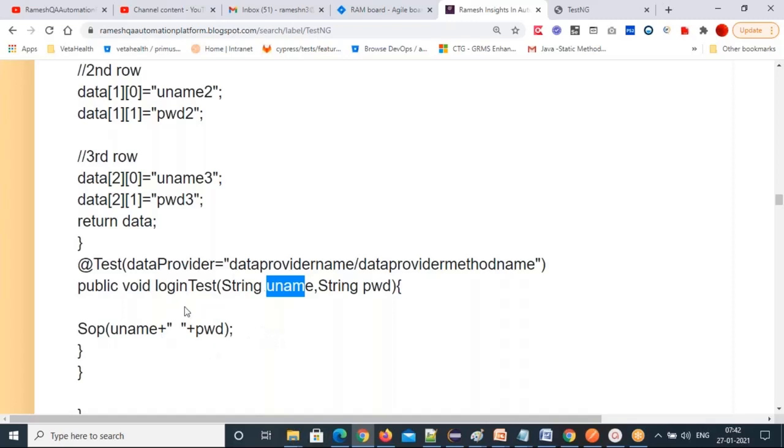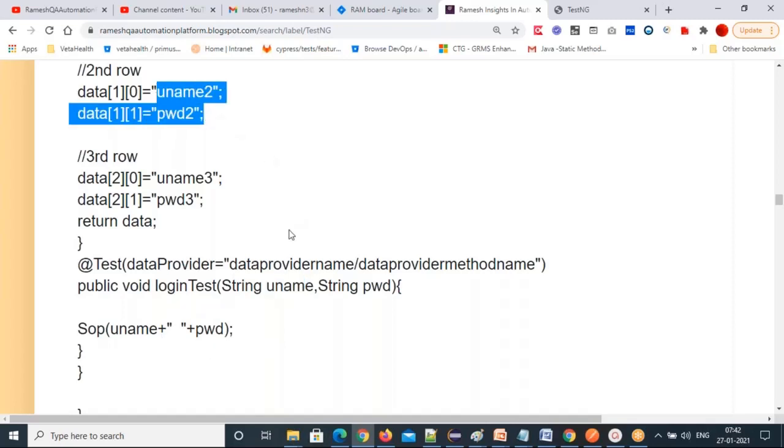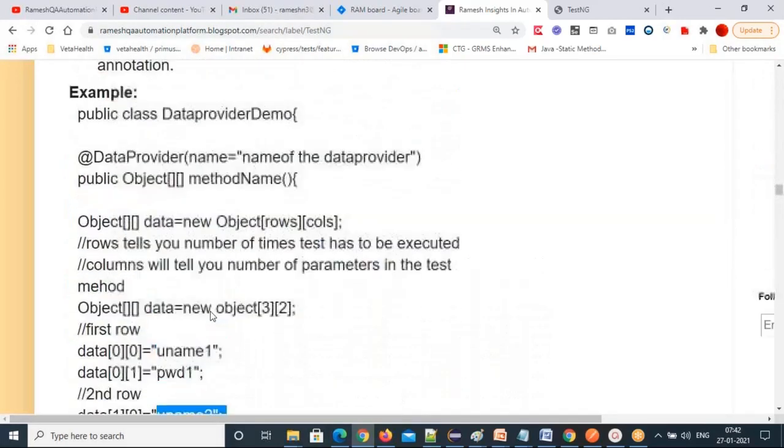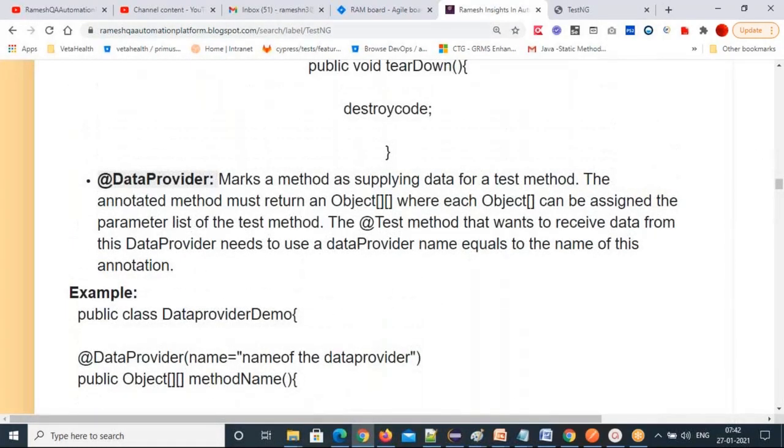The same for the second set of data, and the third set of data also. It will repeat for every set of data. You don't need to write even loops. Automatically it will go and pick the data from every place. That's how we do data-driven testing with a data provider.